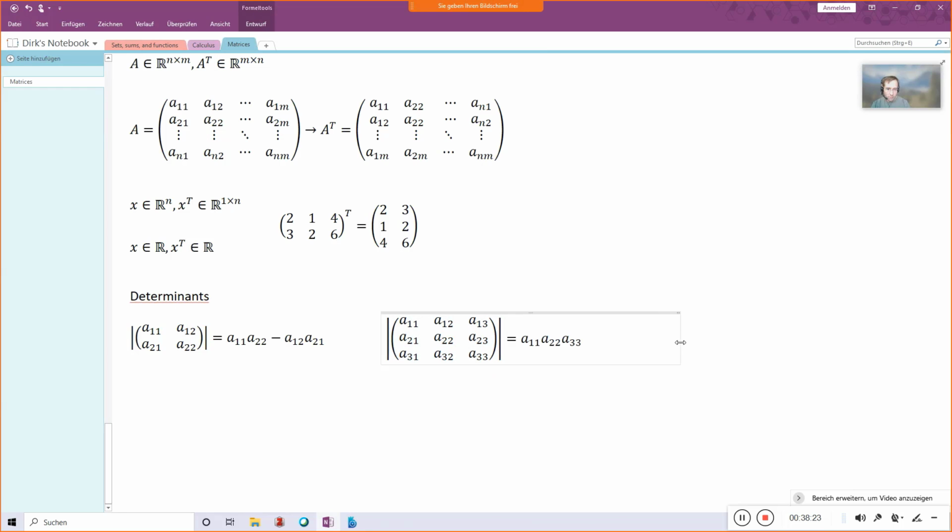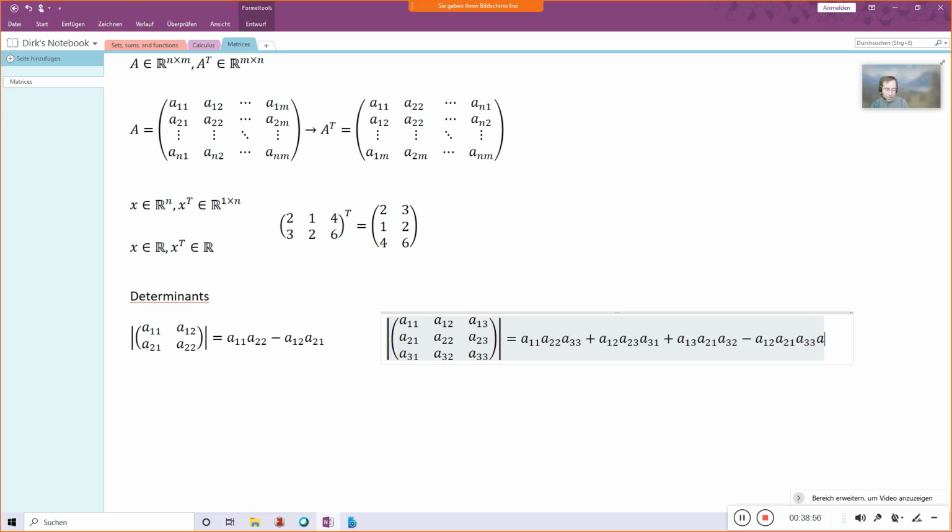That's one of the positive terms, plus A12, A23, and then A31, plus A13, A21, A32, and then the negative terms are A12, A21, A33,